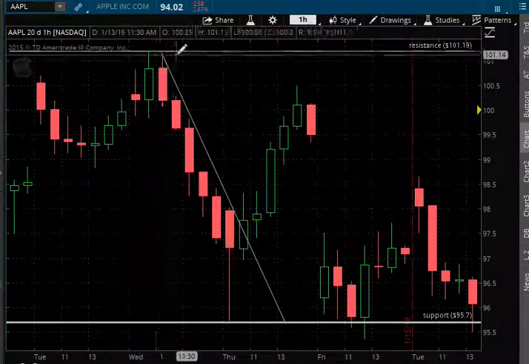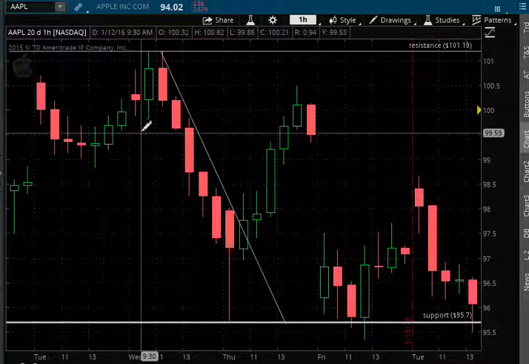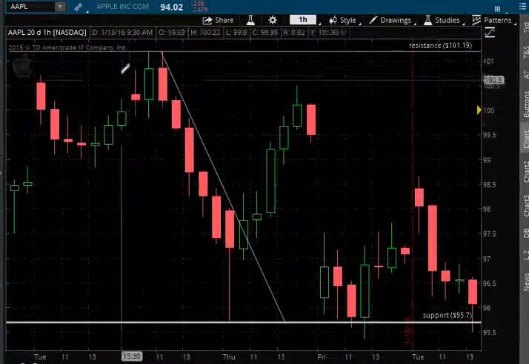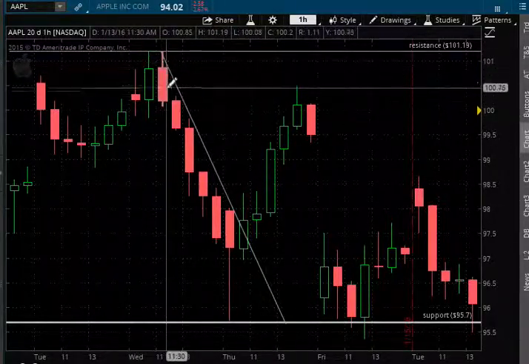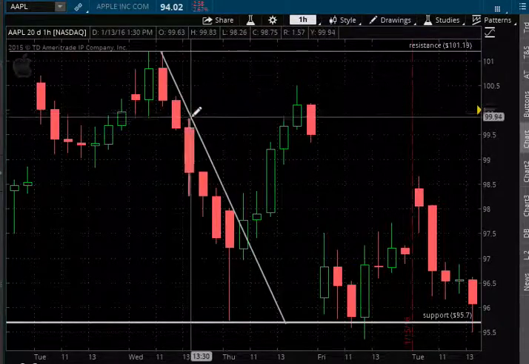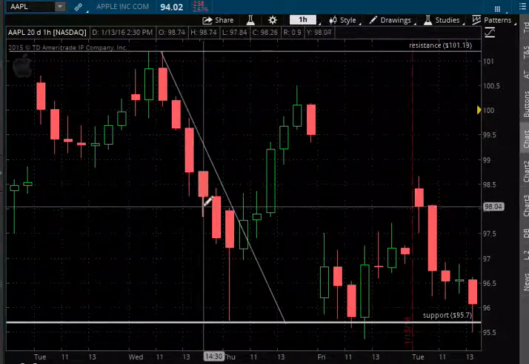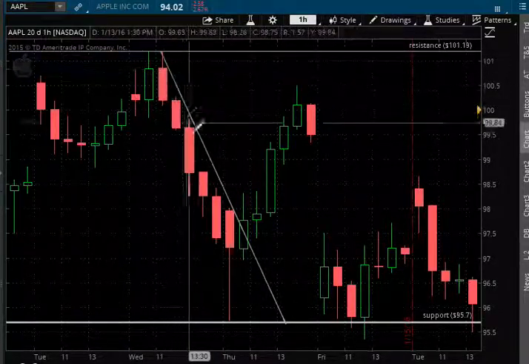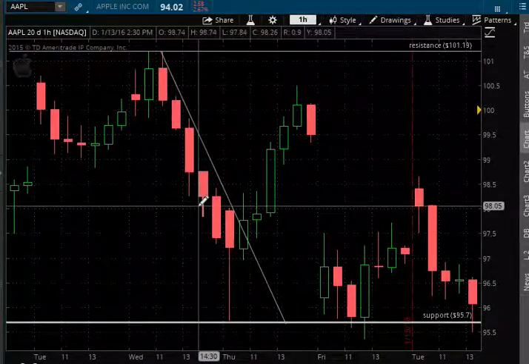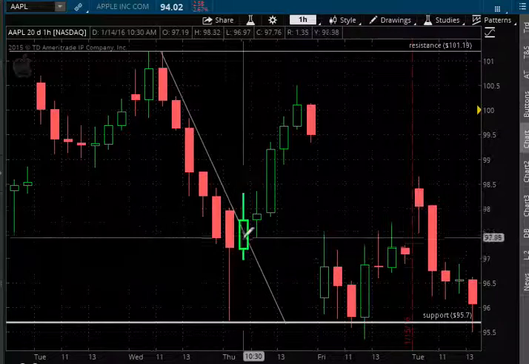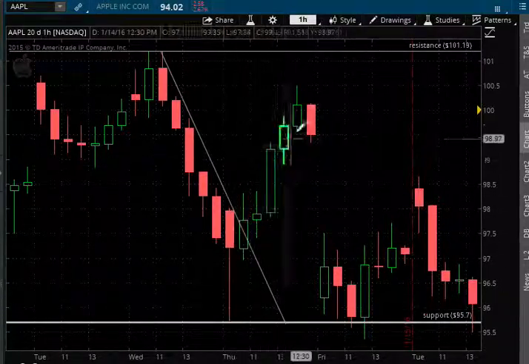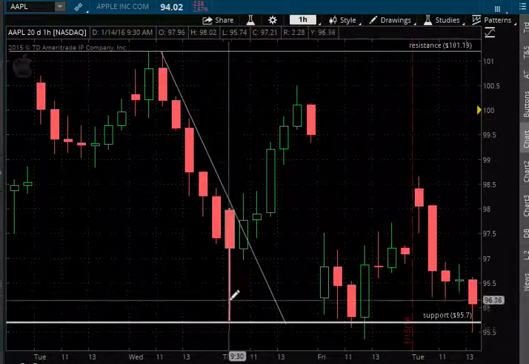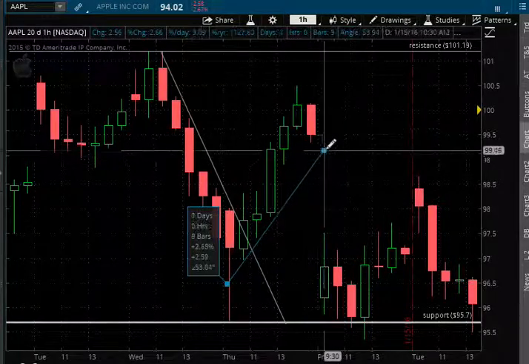Now remember, this is resistance, this is support. So as we go from one line to the other, we're going to hit this line, come down, hit this trend line, come down, hit this trend line, come down. And until we break this trend line, we're going to keep going down. But once we break this trend, a new trend forms and it goes in this direction. Now, like I said, this is an hour chart. So